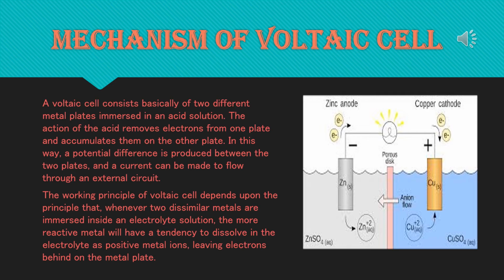See the diagram. It's a nice diagram I have given because in your book it's a clumsy diagram. Zinc is used here as anode and copper as cathode. Two electrodes are there. Now see, from the zinc plate, zinc ion Zn2+ is coming into the solution, and copper ion Cu2+ is going to the copper. That is copper sulfate solution, that is zinc sulfate solution. Okay. Now I am explaining this mechanism from your book.